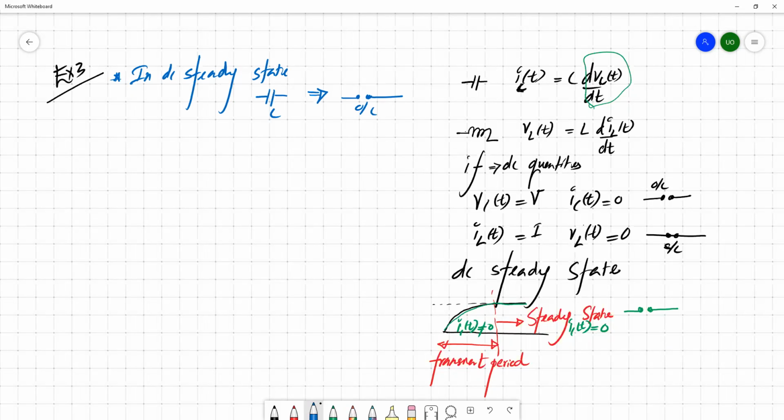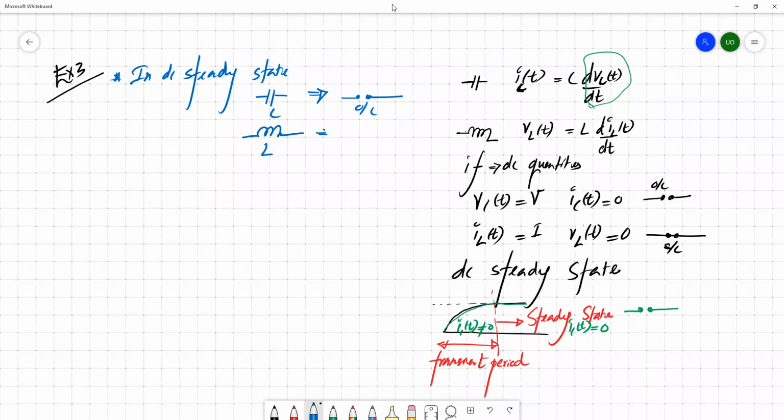Keep in mind, this is valid only for the DC steady state. During the transient state, you can't replace the capacitor with an open circuit element. So if your capacitor is in DC steady state, you can replace it with an open circuit element, because the impact of this capacitor is very similar to an open circuit, because there won't be any current flow. Similarly, you can argue that if it is an inductor,